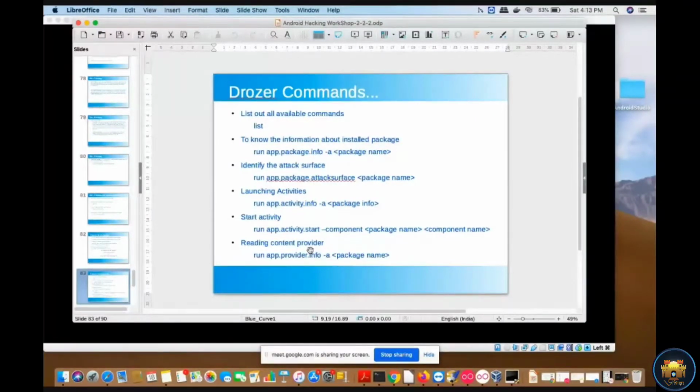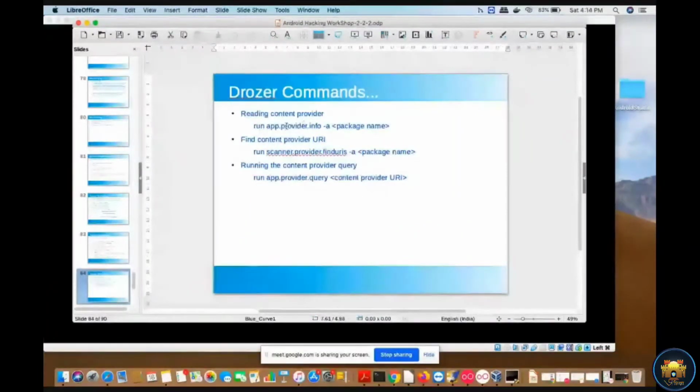Today we will check how to use the Drozer console to execute all these commands to bypass the activity component as well as the content provider. So these are a few commands available. You can note down all these commands, and these are the content provider commands.